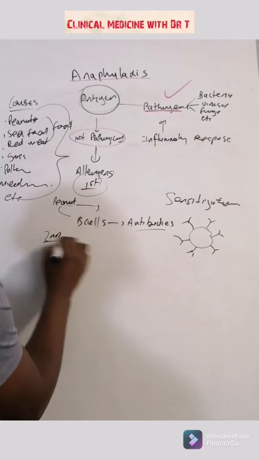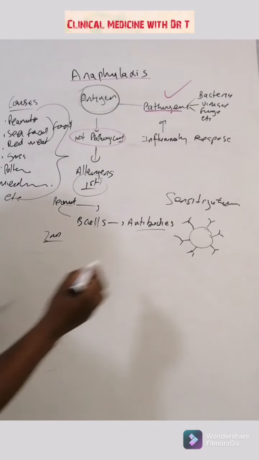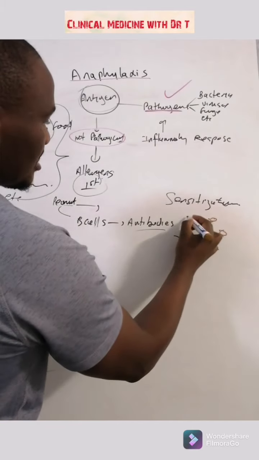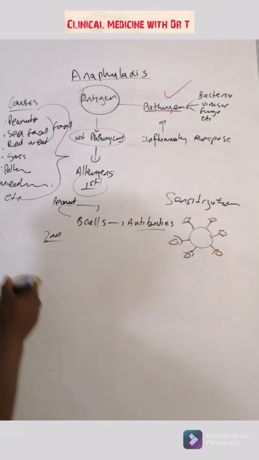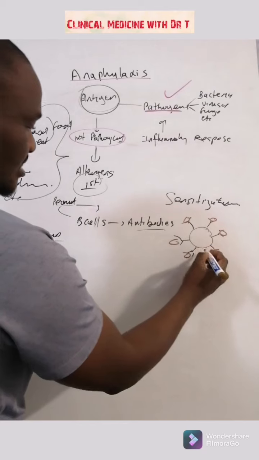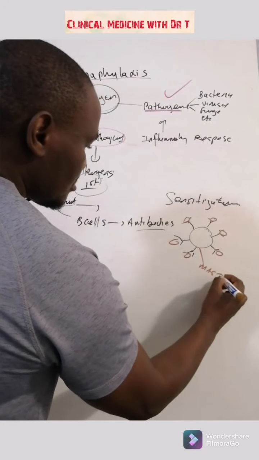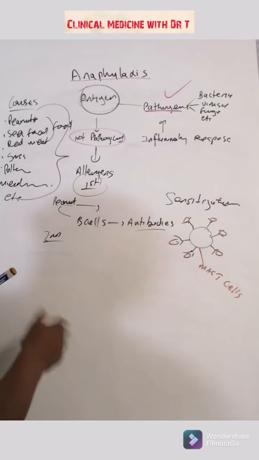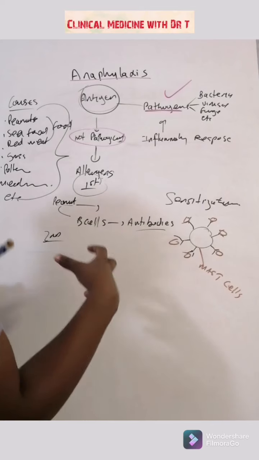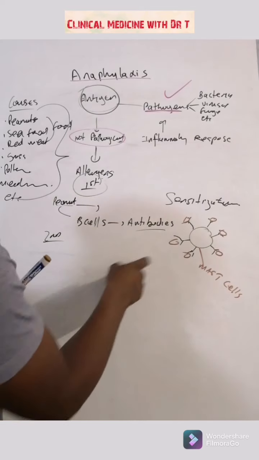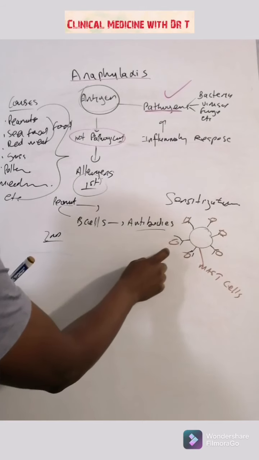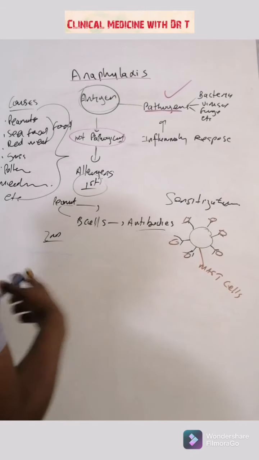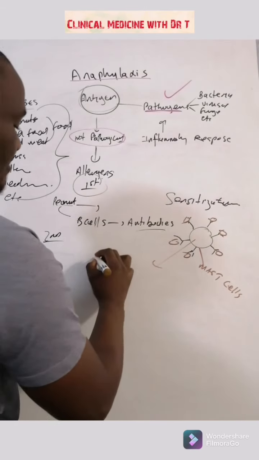Then the second time this person takes the peanut butter, that protein goes now and attaches there, and there are antibodies there. These are the mast cells, like I said, the mast cells. Now, when an allergen attaches to them, and there's a combination of the allergen, the peanut protein, attaching now to the antibodies, this causes a massive release of inflammatory mediators.